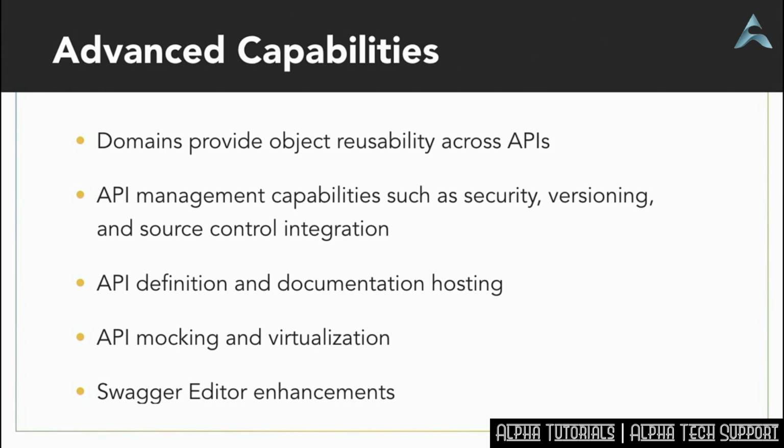Many of these capabilities support how teams collaborate to build and consume APIs. This is more challenging than building APIs in isolation because concerns such as reuse and standardization become more difficult. SwaggerHub has a feature called domains. This feature allows object definitions to be reused across API definitions. Additionally, SwaggerHub provides a number of management features surrounding API definitions, such as access restrictions, versioning, and integration with source